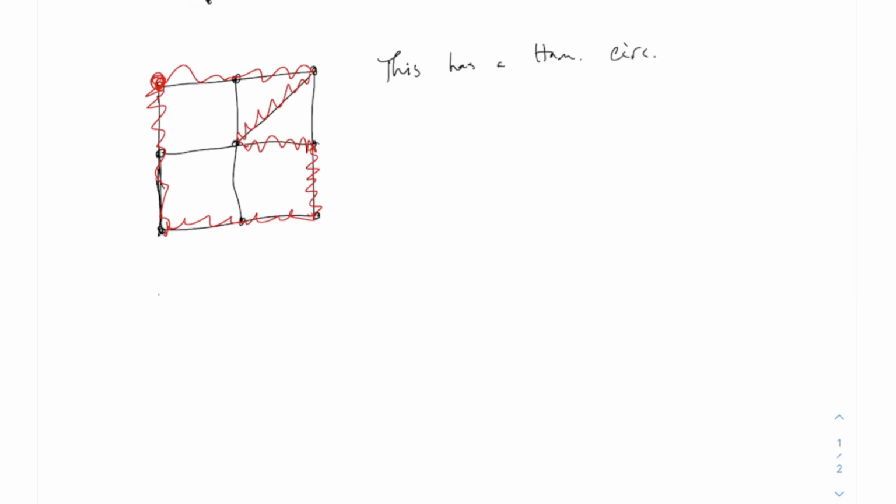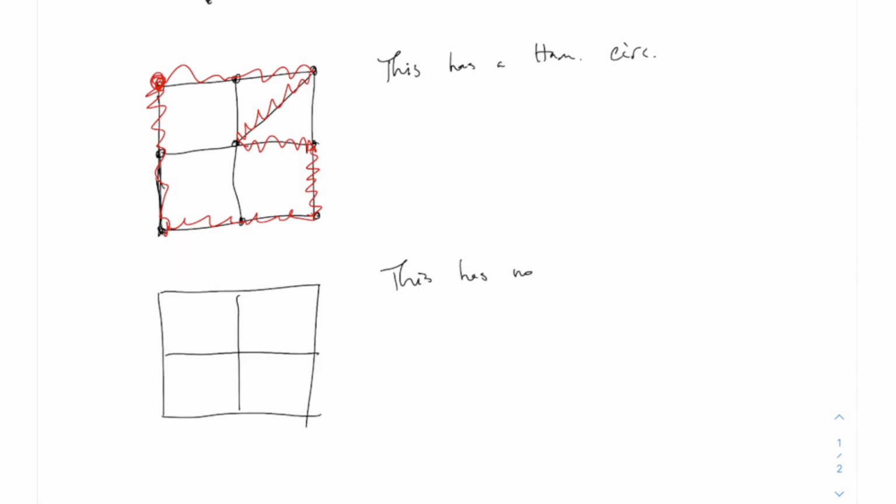How about this? What if it was the same thing, but without that diagonal? Can you do it this time? It turns out actually there is no Hamilton circuit here. Now you might think, well, you could try the same thing, go around the outside, but if you come into the middle, you're going to miss that edge in the corner, or if you just go all the way around the outside, you'll miss the one in the middle. I'm going to say this has no Hamilton circuit. But can I just say it's hard to say exactly why,